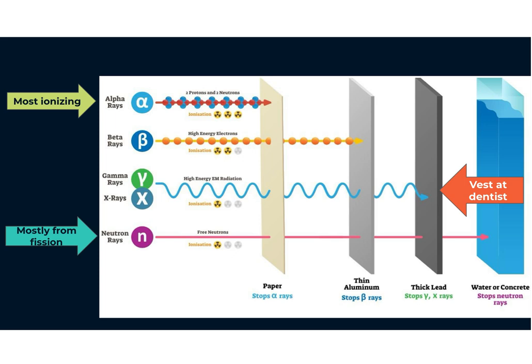So if you've ever had an X-ray at the dentist, they always put a lead vest on your chest, because the lead is able to stop the gamma rays from going through your chest, through your skin, through your bone cavity, right, and doing damage inside your body. The lead is able to stop the gamma rays. And then we also have these neutron rays. These are just free neutrons. We're going to see some of those in our equations. I'll point those out to you in a second.